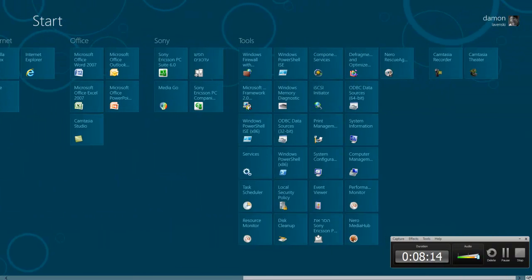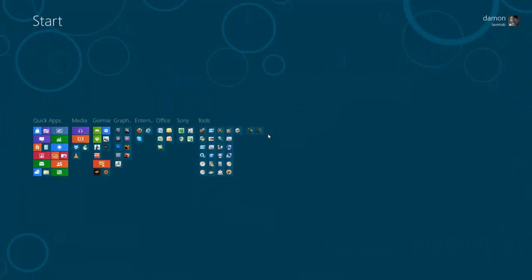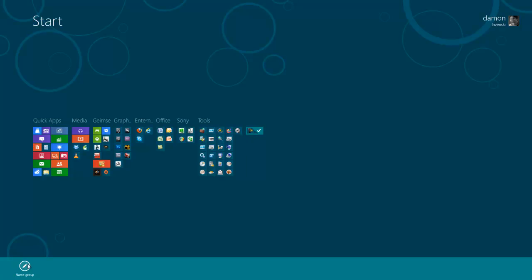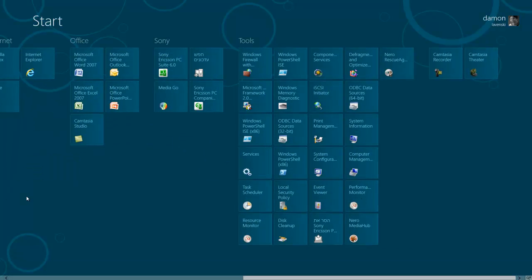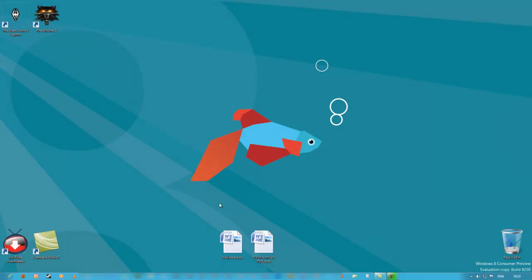Alright, so what I'll do is I'll do the same thing. Now once I go into this mode, basically you can see now I can choose groups, and if I right click on a group, then I can name the group. Alright, I'm done with this. Let's go to the desktop and look at some of the new features on the desktop,